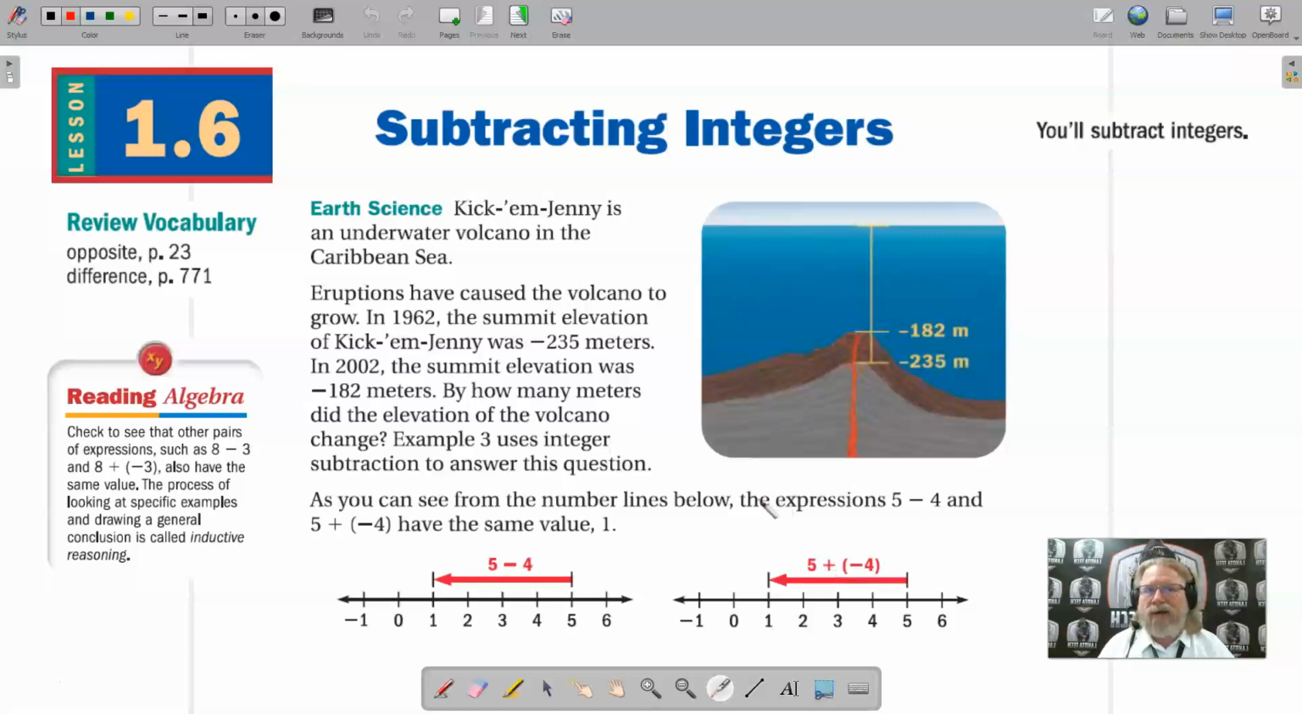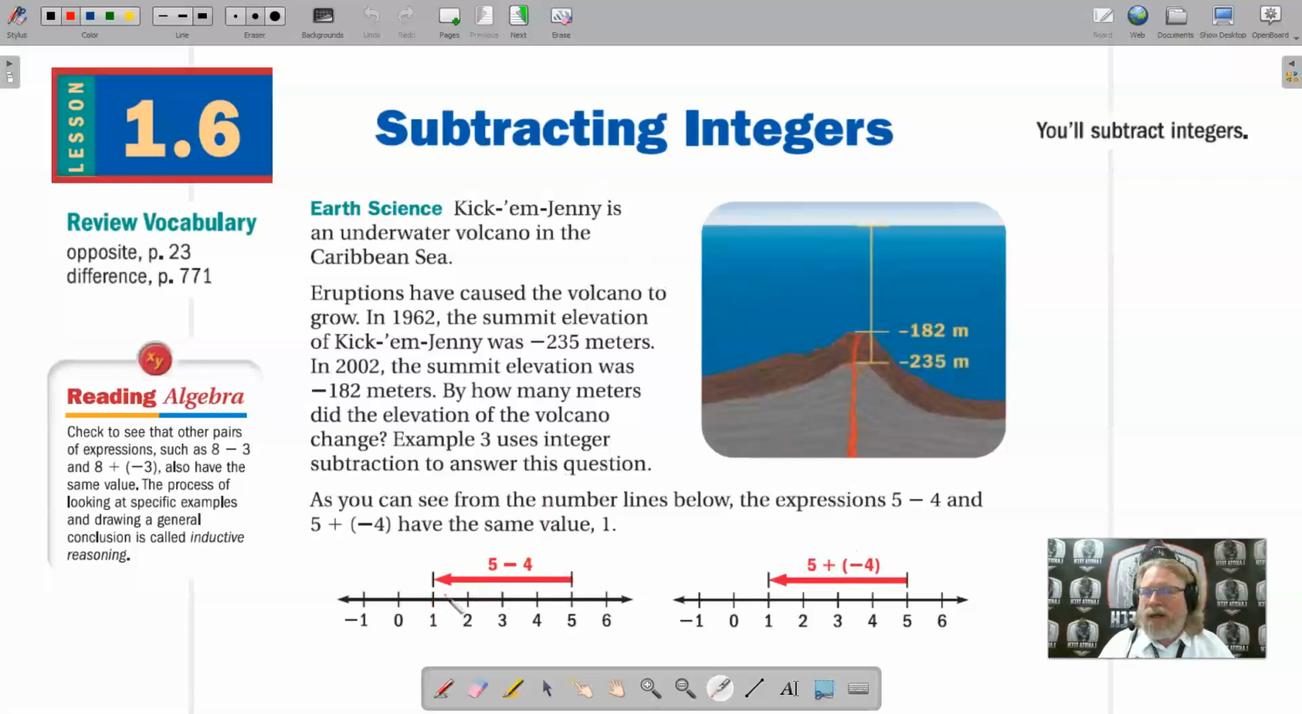And integers are all the whole numbers, all those numbers I just said, and their opposites, which kind of leads to the word opposite there. So negative 1, negative 2, negative 3, those are all integers. So that's what we did in our last lesson, was we added integers. Now we're subtracting integers, and we see here that 5 minus 4, we start at 5, subtract 4, we end